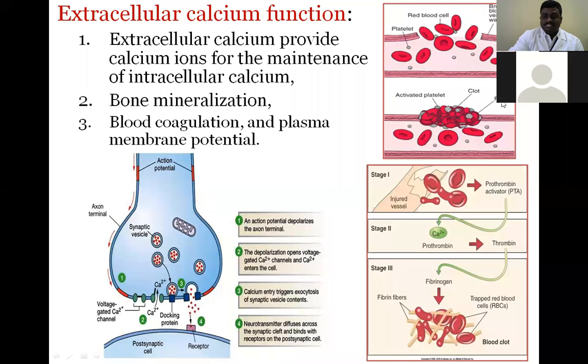Fibrin comes from fibrinogen. Calcium plays the main role in the formation of fibrin. The inactive prothrombin is activated by calcium. When prothrombin is activated, it produces thrombin. Thrombin then, in a further reaction, converts fibrinogen to fibrin, and finally the clot is formed. So clot formation depends on one of the clotting factors, calcium.